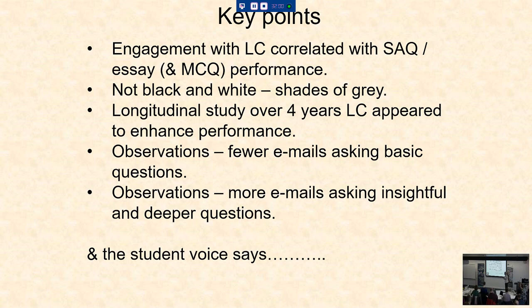And then they'd read around, and then they'd think, oh, actually, that's interesting. Louise said this, but this paper says that. And then they'd send a really insightful question in, and that has continued. So I would say that, for me personally, my experience of having lecture capture available is that it's allowed the students to have a bit more time to focus on the challenging aspects and ask those really difficult